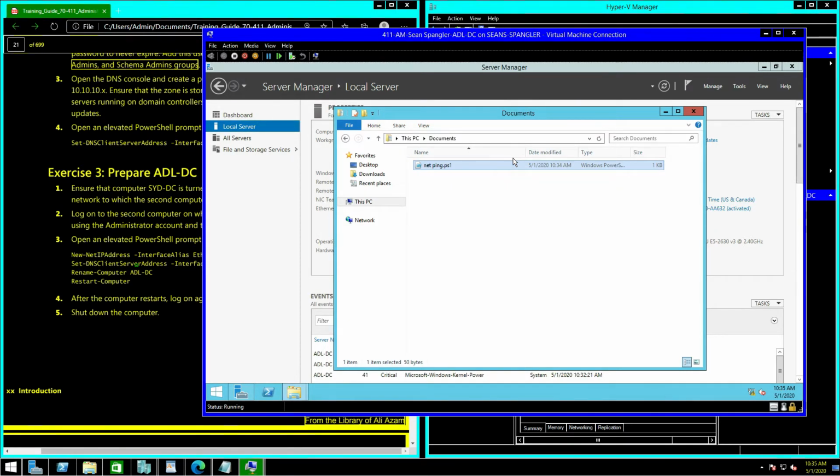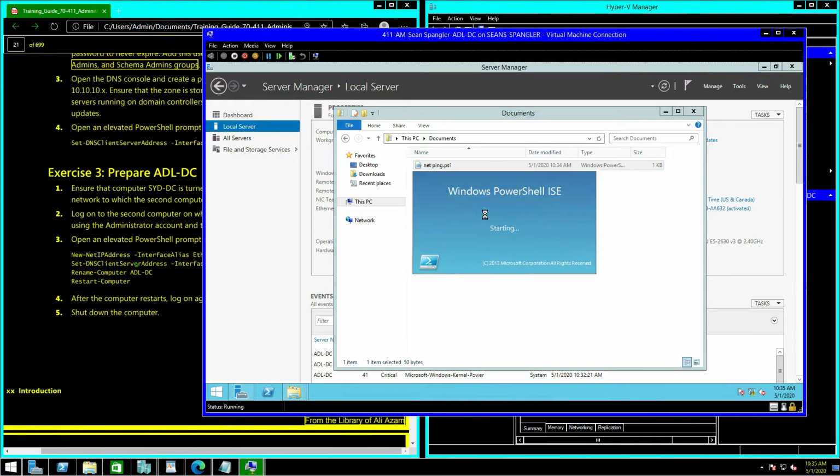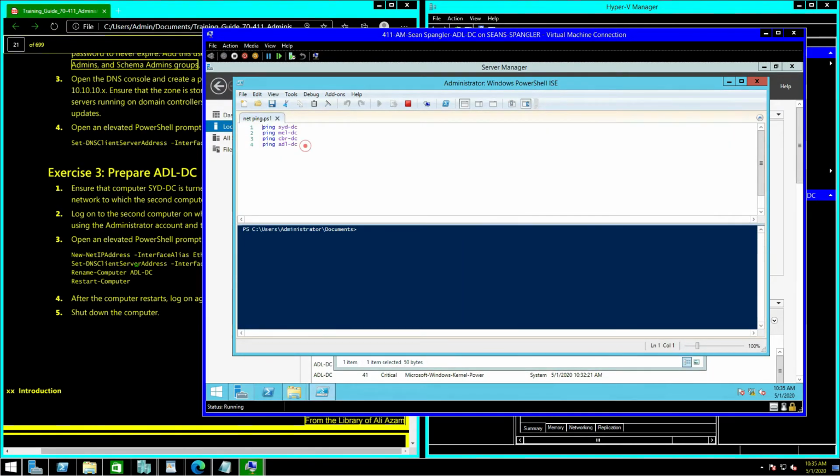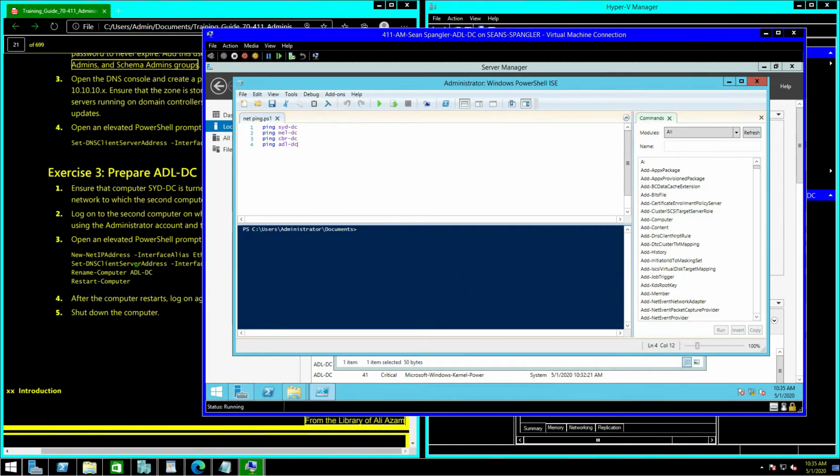And that was doing it through the DNS, right? So we're using DNS pings, so we're getting back IPv6 because I didn't turn off IPv6. So let's go edit really quick. What's another way we can do this? Well, now it's going to open up ISE to edit it because I actually named it one of those files. So let's just go ping